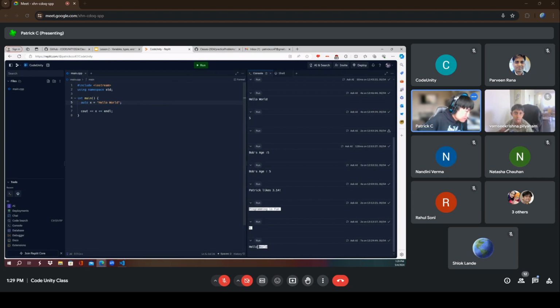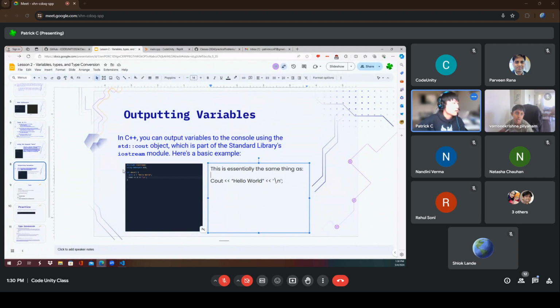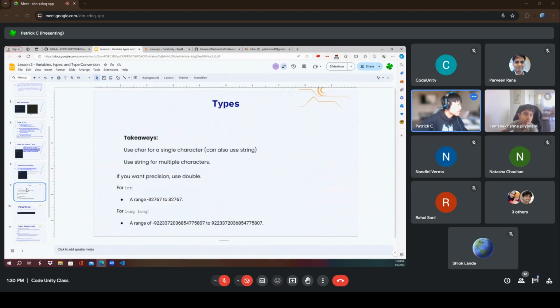See? Works perfectly fine. And really both ways are the same. It doesn't really matter which one you use, although in some cases one might be easier than the other. So it's really up to preference for now. As I mentioned, this is basically the same thing as this. We already talked about this.